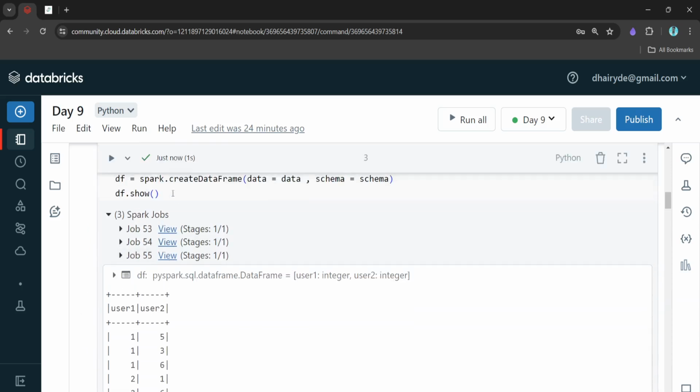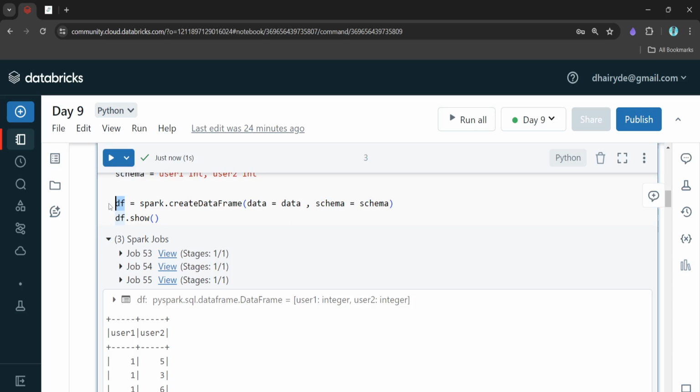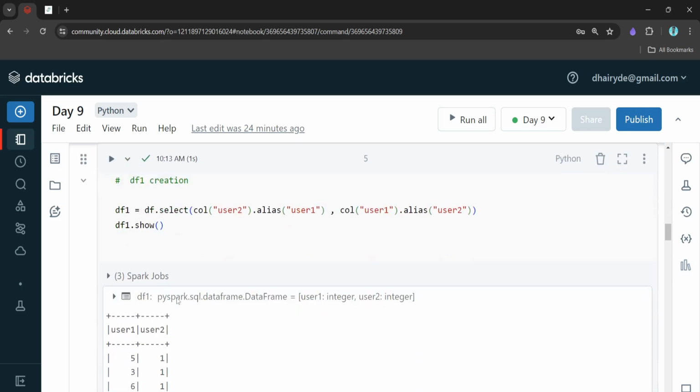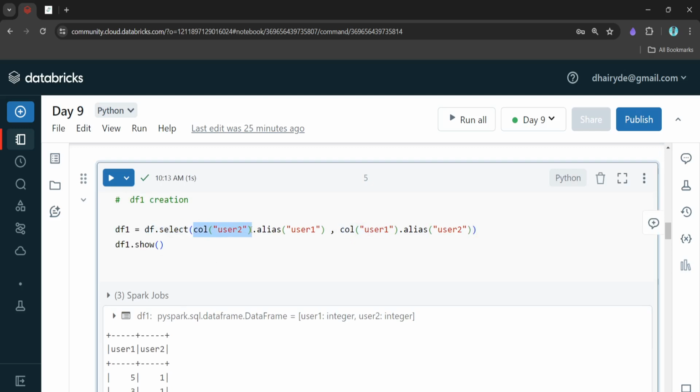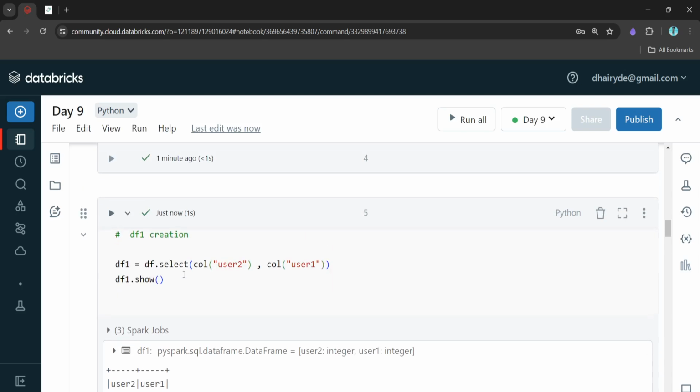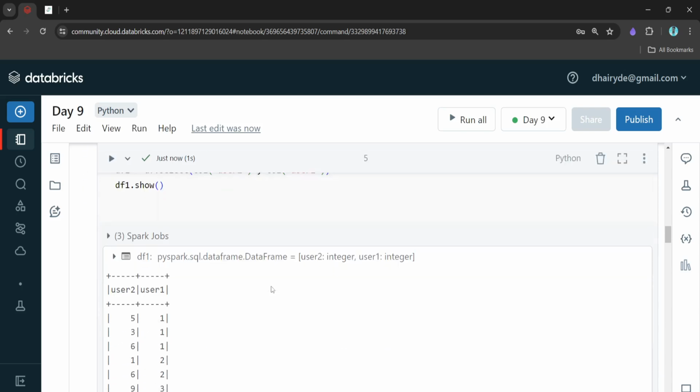So here if you see, we have df, right? And we need df1 also, the reverse thing, right? The column swapping. So here what we are doing, we are selecting first the column 2, and we are re-aliasing the, okay, let me remove this alias thing, and then we'll show you. So what we are doing, we are selecting column 2 and then column 1. So if you see here, column 2 came over here, and column 1 came over here,